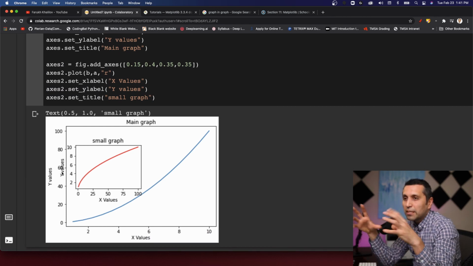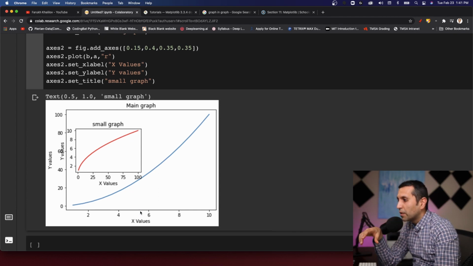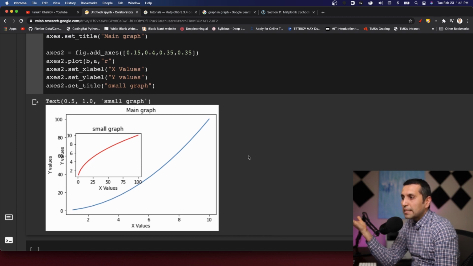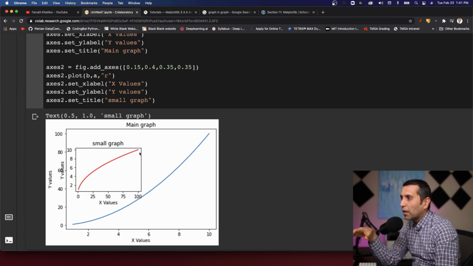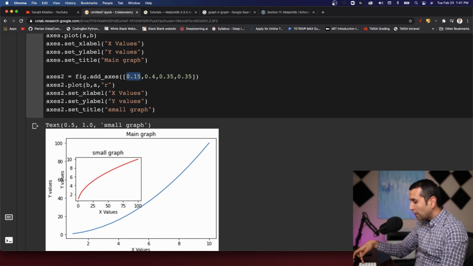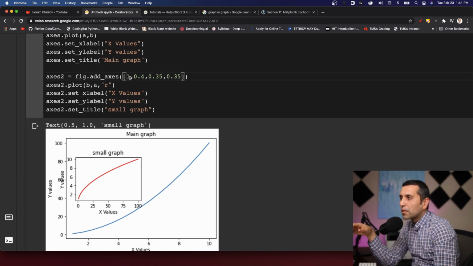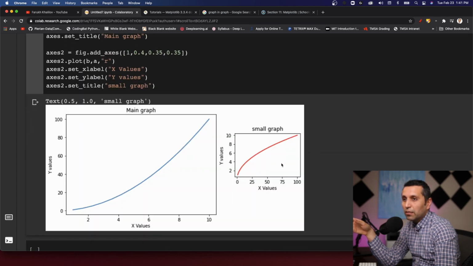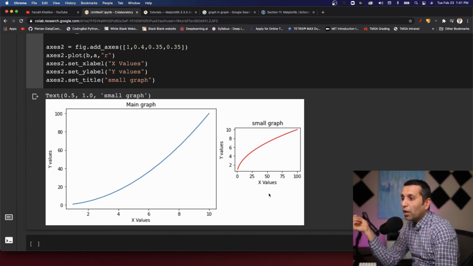So you can go ahead and make some changes, make it a nicer view, and so on. So this is how it works. What if you want to put it on the side, not inside that big graph? Do you remember that we need to show how far I'm going to be from my X value? What if I put 1? You see? So I'm going to be 1, like 100% away from this line, from the beginning of the canvas. Let me run it, and it's right here. You can move it wherever you want to move it. Perfect, and you can compare that way. If you have a third one, you can put the third one here as well. And yeah,